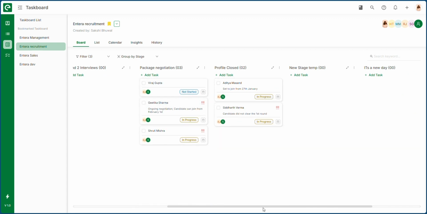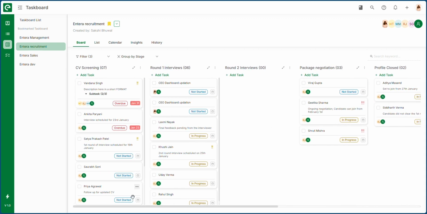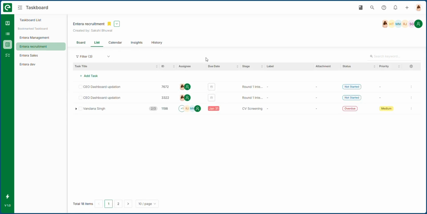Rearrange the stages themselves. The Group by Filter feature lets you group tasks based on criteria such as priority, assignee, status, or stage. The List tab displays tasks in order of their creation date. Here, you can view details for tasks and subtasks, quickly create new tasks, and use filters or the search field